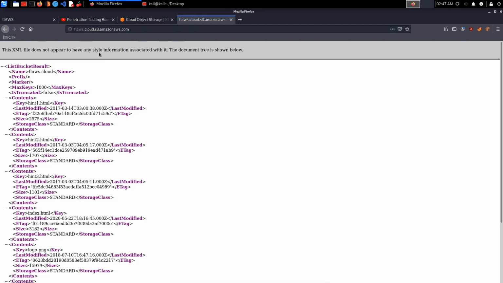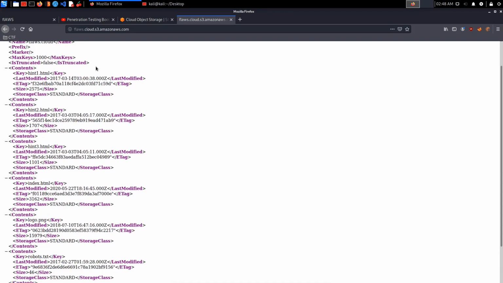And you can see it actually gives us the bucket, and we are able to read the contents of the bucket. So this is the first misconfiguration. That means anyone in the public can read the contents of the bucket, which means fundamentally, if a website is being hosted on an S3 bucket, I can access the content of the web server, so to speak, or the actual contents of the website. So you can see we have